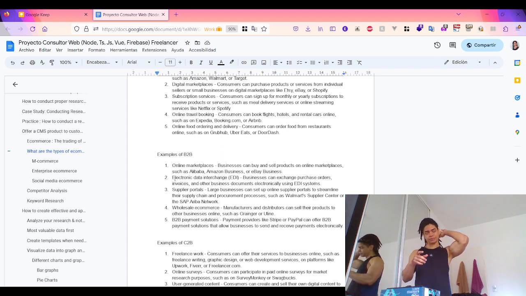another business model here, okay, is the government to business, where you have public procurement portals. Okay, so the government agency sets up an online portal so businesses can bid on government contracts like the FBO, the Federal Business Opportunities in the US, or the UK Contract Finder Service, right? Another example of government to business is tax filing and payment portals like the Electronic Federal Tax Payment System in the US, or HM Revenue and Customs in the UK,